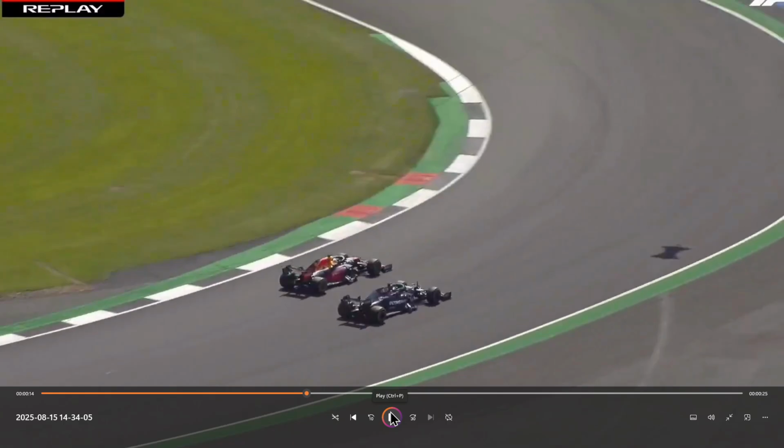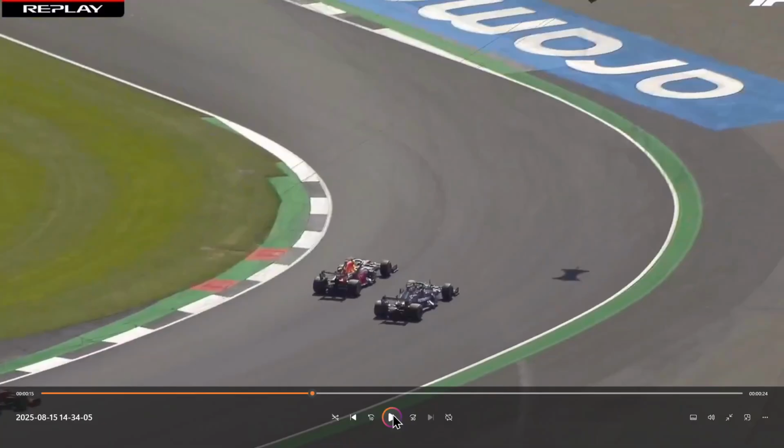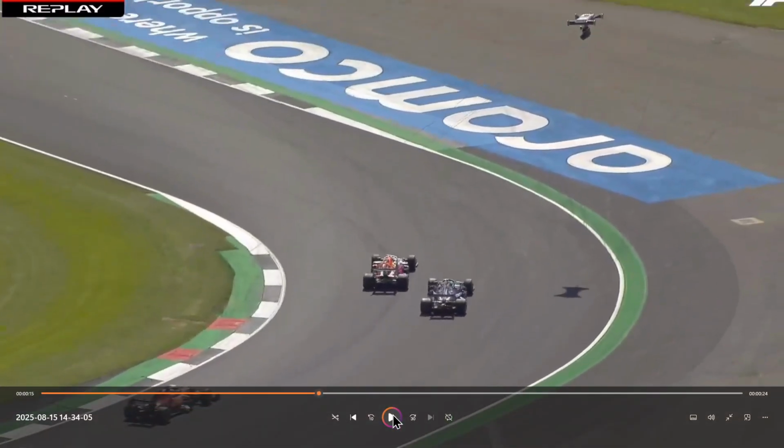Funny that, isn't it? Where's the apex, everybody? He's got to hit that apex. He's got to clip that apex. What's the car on the outside doing? It's a car on the outside driving across the front of the other car. Right. He's got to hit that apex. If he doesn't hit that apex, he kills the other guy. Always.